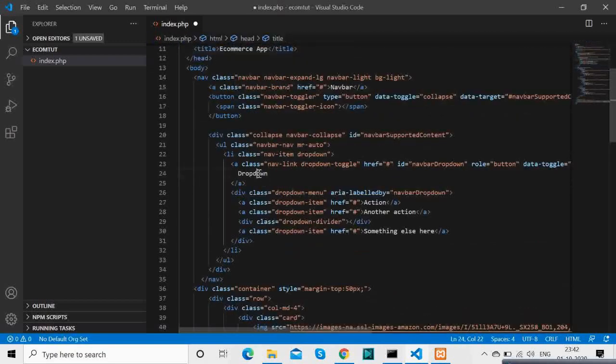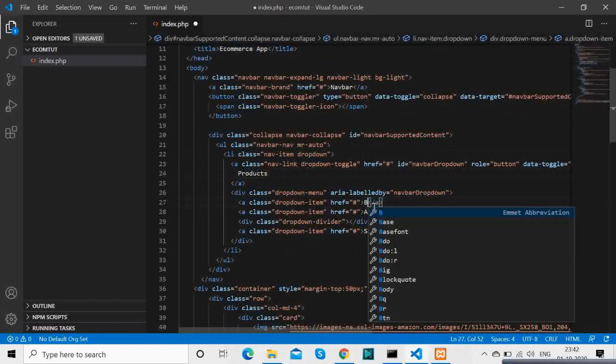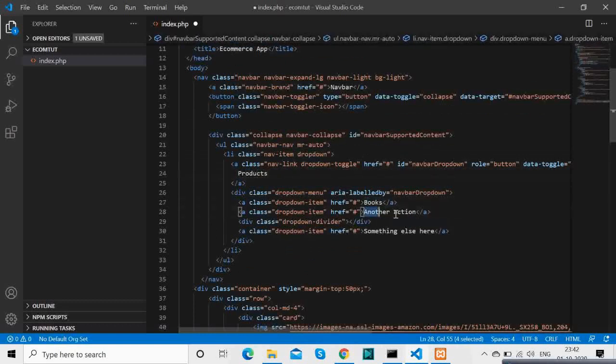I'm just giving some names to the dropdown, like products, books, stationery items.